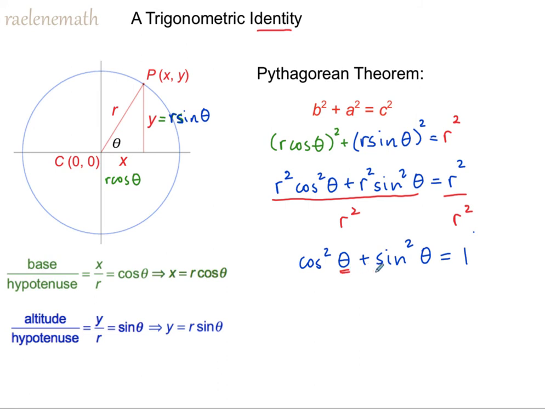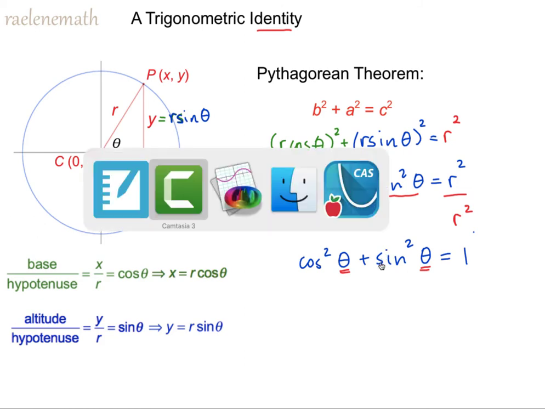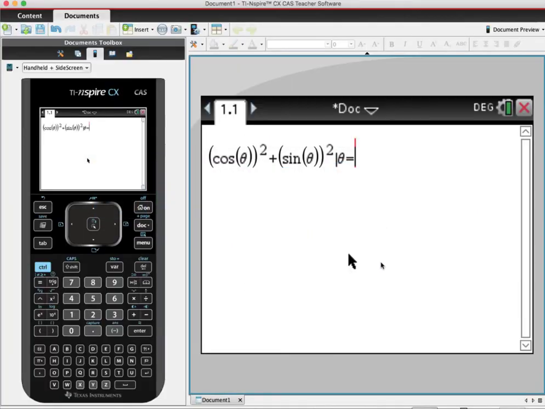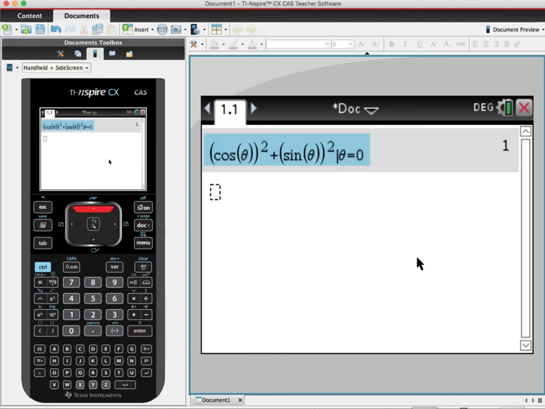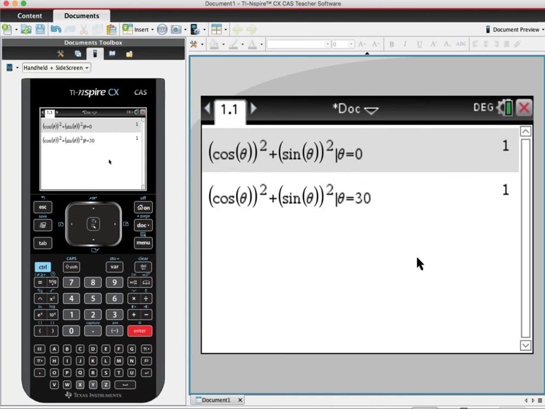So no matter what we substitute in for the angle theta, the left-hand expression will always equal 1. Let's take a look on a computer algebra system and do some numerical evaluation. If we substitute 0 degrees into that expression for theta, we get 1. And we can plug in a couple of different angles, 30 degrees, even if we substitute a negative angle like